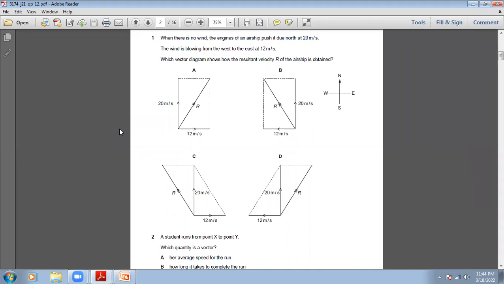When there is no wind, the engines of an airship push it due north at 20 meters per second. The wind is blowing from the west to the east at 12 meters per second. Which vector diagram shows how the resultant velocity r of the airship is obtained? Okay, so there is 20 meters per second velocity towards the north, and there is 12 meters per second velocity from west to east. So if you want to find out the resultant of these two velocities,